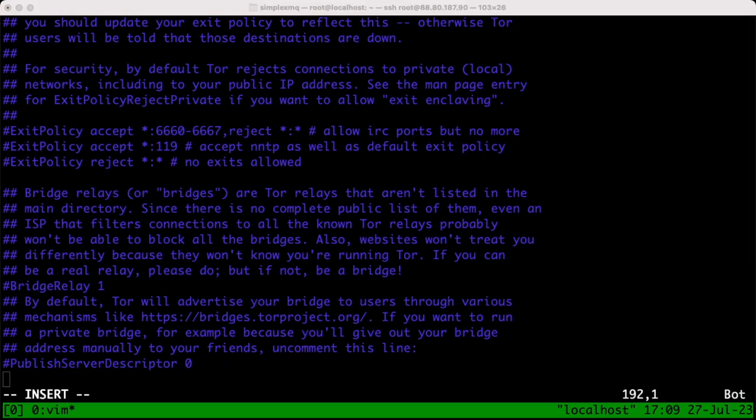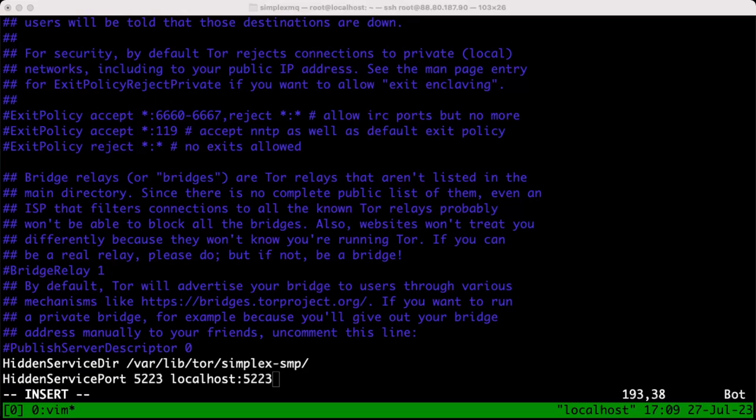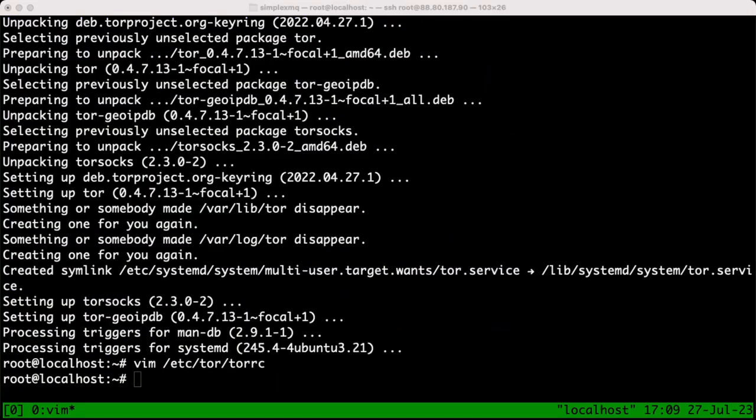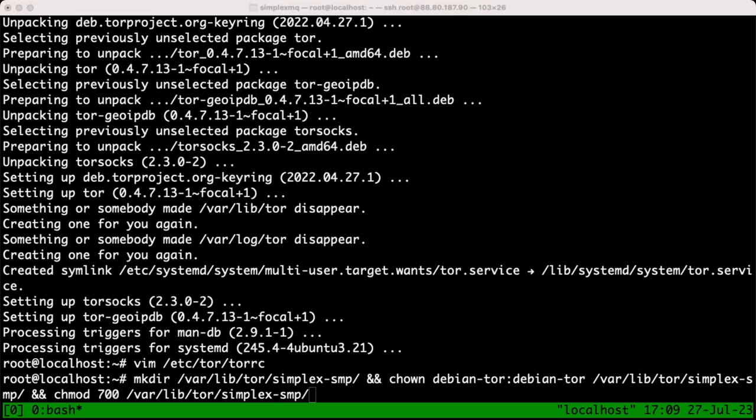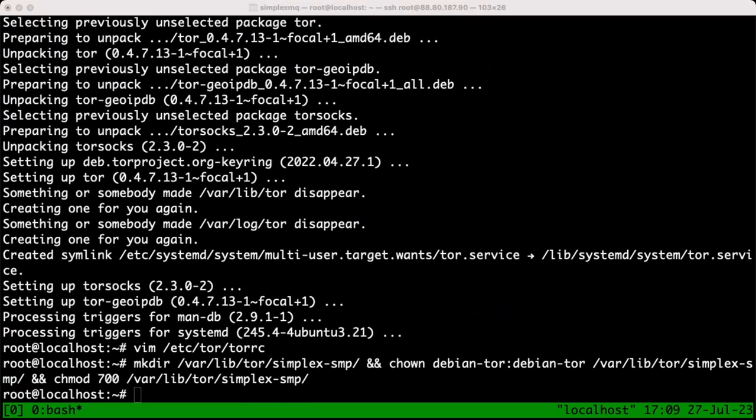Right. We're configuring the Tor client here. It's important that when we configure our servers, we use a single hop configuration for Tor clients to make lower latency.